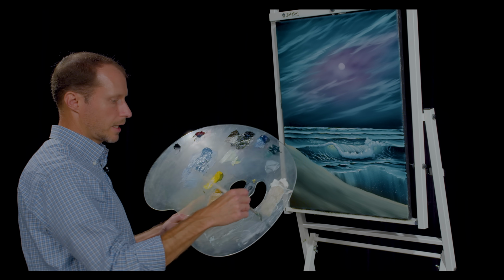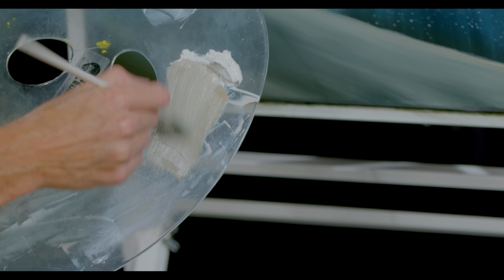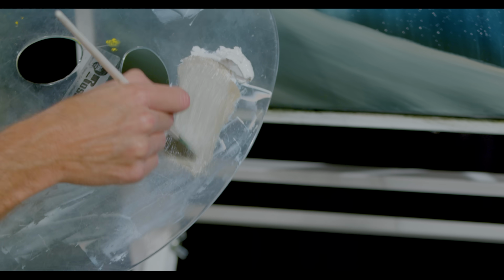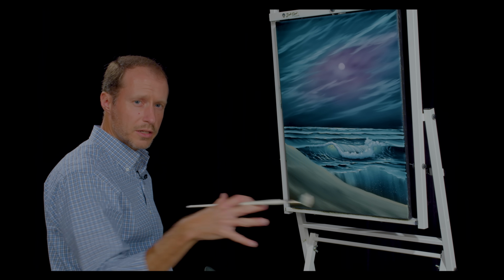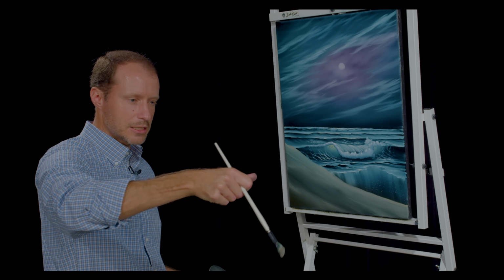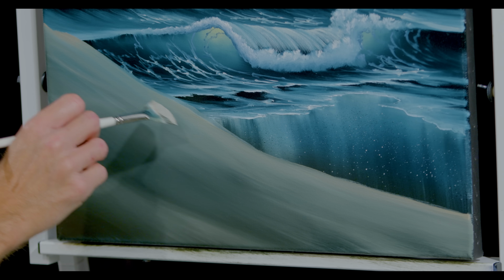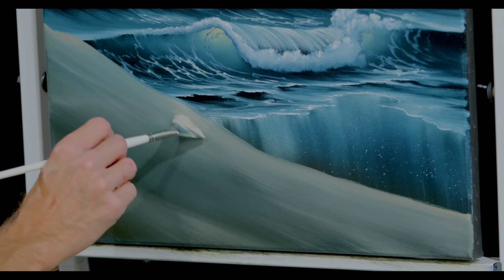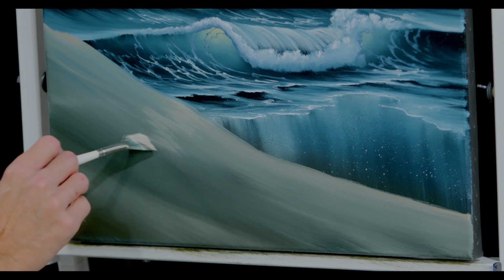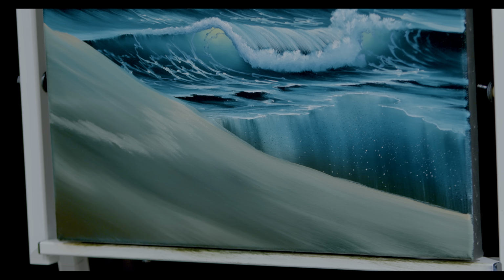Sometimes it's fun to come back and take just a little lighter color. I'm going to add a little more titanium white to that. A lot of times when the wind crosses over a sand dune, it'll make these little ripples. You'll see little ripples through the entire dune, just where the sand's built up and really made some interesting texture. So let's take this and maybe we'll make a few little ripples across here where the wind's just kind of,